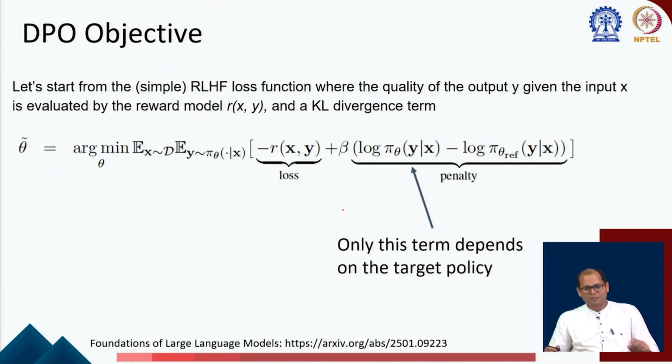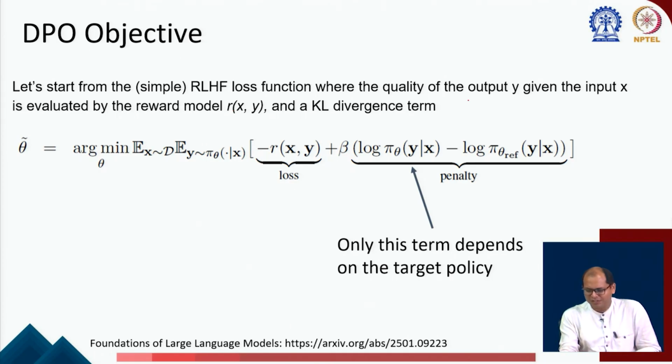Okay. So let's see, how do you form the DPO objective? How do you go from RLHF to DPO? So let's recap the RLHF objective, the simpler one, where this is in terms of minimization. So we have,